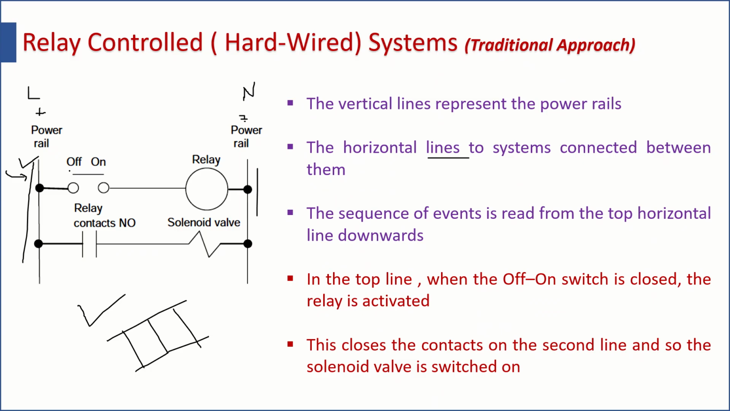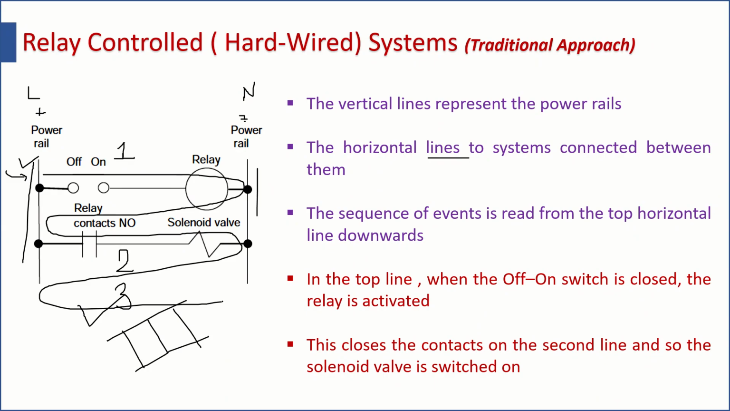ध्यान में रखिए, the sequence of events is read from top horizontal line to downwards। ये समझना बहुत जरूरी है। Initially whatever operation will be happening, that will be happening in the first line, then it will be happening in the second line, then in the third line likewise। अच्छी तरह से आप देखेंगे तो आप मन में ये कंसेप्चुअलाइज कर सकते हैं that power will be flowing through this way, then it will come in this way, and accordingly it will move। यहाँ पे जो हॉरिजॉन्टल लाइंस हैं, these are called rungs, R-U-N-G। Don't remember this please।